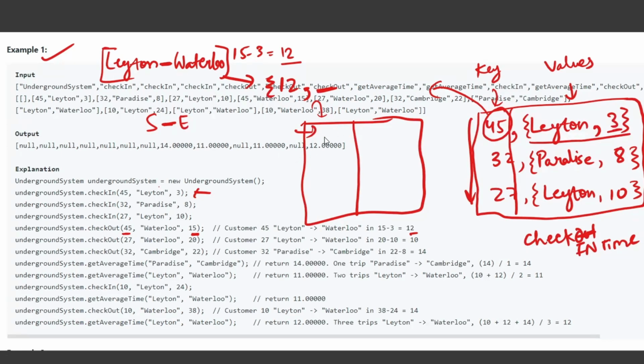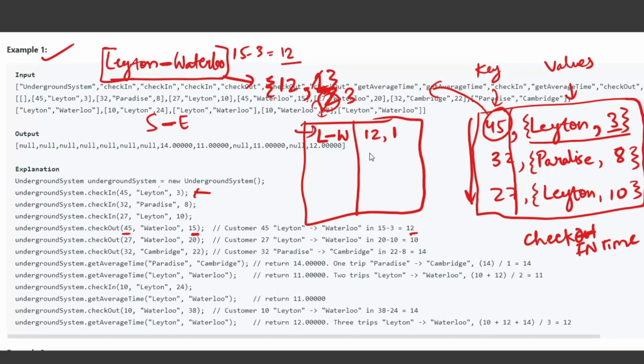So right now, if our key is not present here, that means no such travel has happened yet. So we insert 1 here. Otherwise, if it is already present and the count is 2, we use this and mark it as 3. So for short form I write L W and here I insert 12 comma 1. Then again 27: for 27 I mark 10, and there is 20.